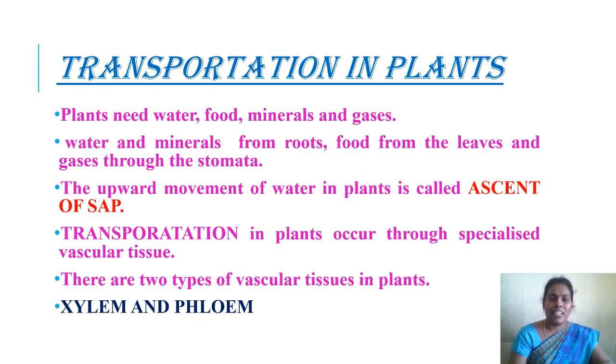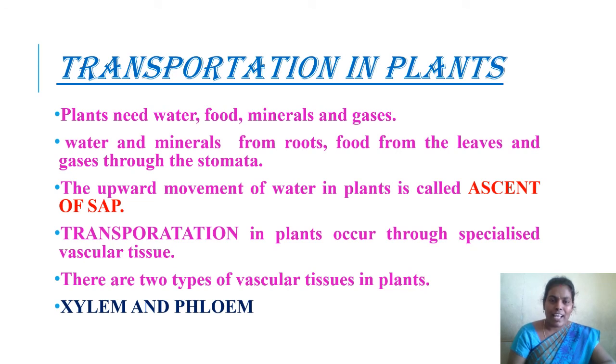Up to now we have learned how transportation takes place in organisms. Now let us discuss how transportation takes place in plants. Plants do not contain any blood vessels or heart to circulate materials from one part to another. You all know that plants are also living things. They also need water, food, minerals and gases for their survival. Then how do these materials transport from one place to another in plants? There is no blood in plants. Then what is the transporting material present here?